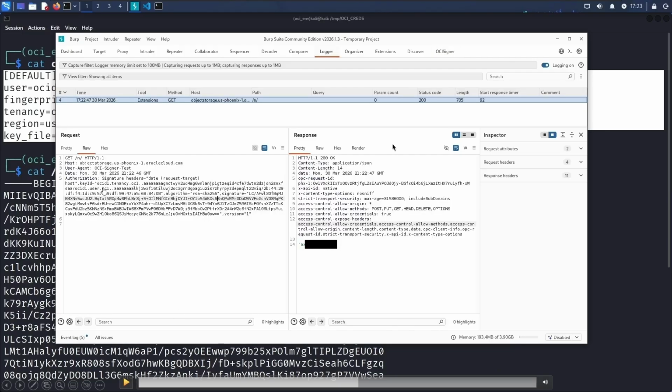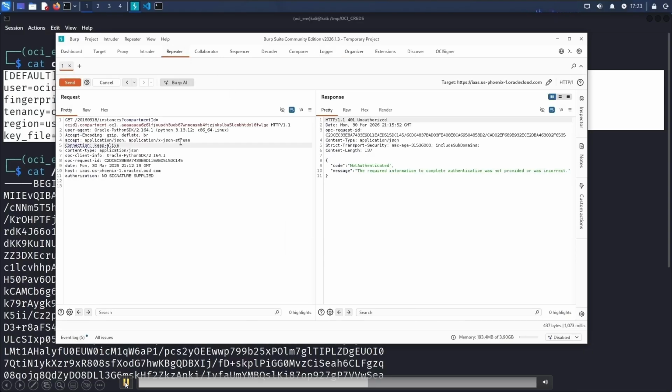If I go to my logger tab, you will see it made this call in the background to object storage, the namespace endpoint. Here's the signature: you've got the authorization signature, your key ID, your signature, all the different stuff that it computed in the background and added, and then it returns the namespace. So this proves that yes, my credentials are valid. It doesn't say anything about the authorization, what permissions they have, because anyone can call the namespace endpoint as long as you're authenticated, but it's a good POC to prove that my credentials are loaded in correctly and my signature is being signed correctly.